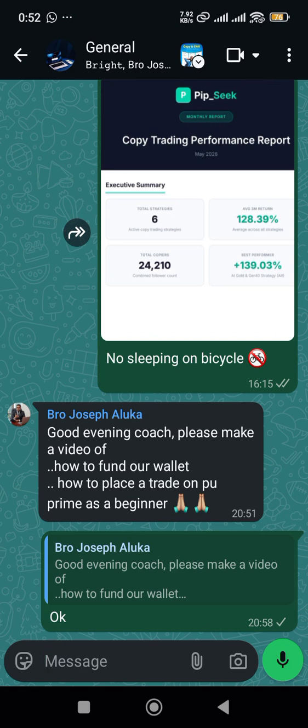Today I'll be talking about how to place a trade on your PU Prime as a beginner. It means you don't even understand how to trade, but you are willing to start trading. I must commend you for taking the bold step. So without wasting much of your time,